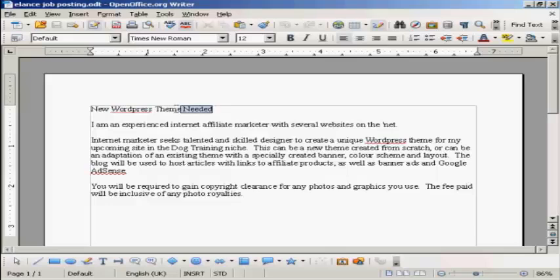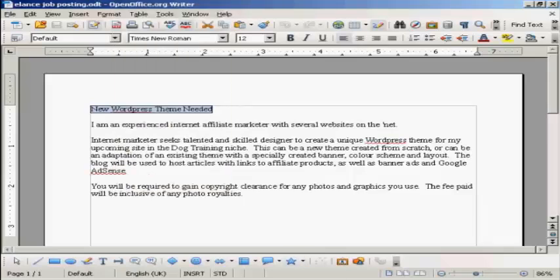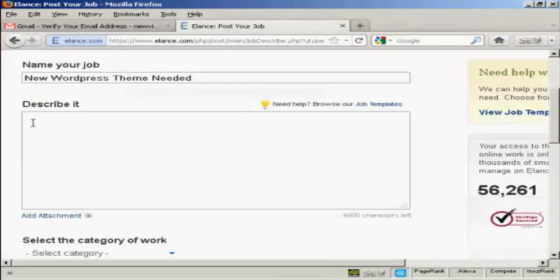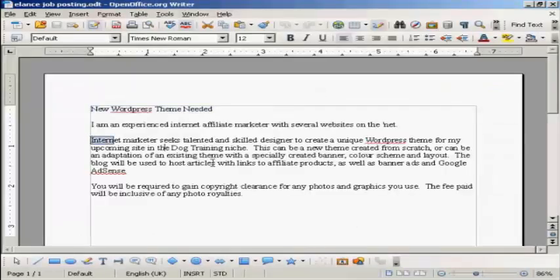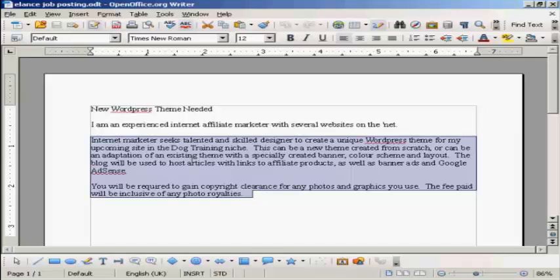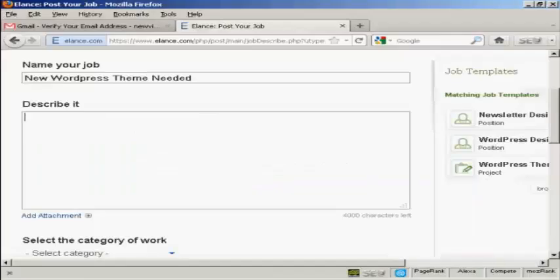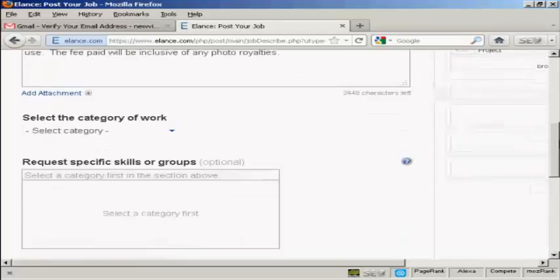New WordPress theme needed, so I'm going to highlight all this one paragraph at a time and copy that, so you can put that in, and then here is my job that I want to have somebody do. I can post that in, and then I need to select the category of the work,